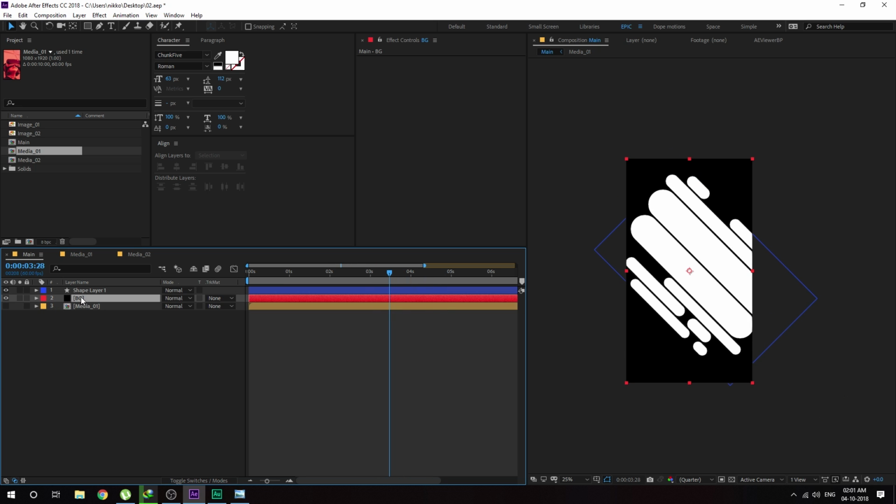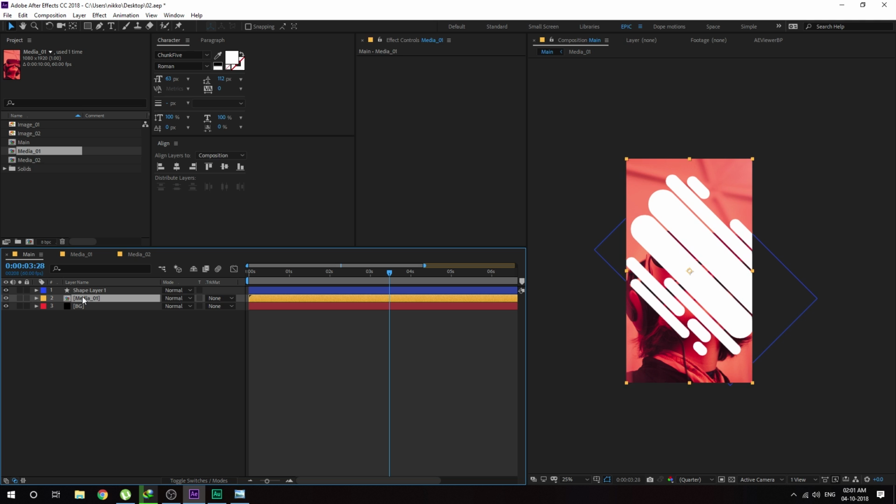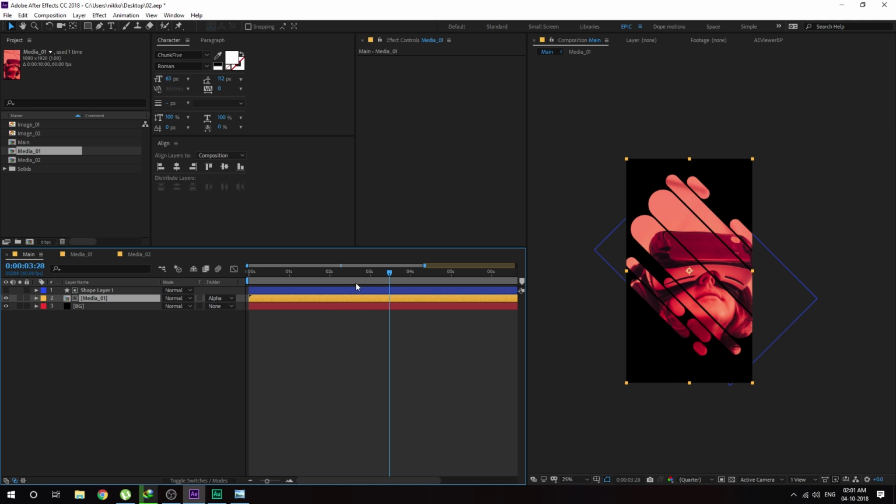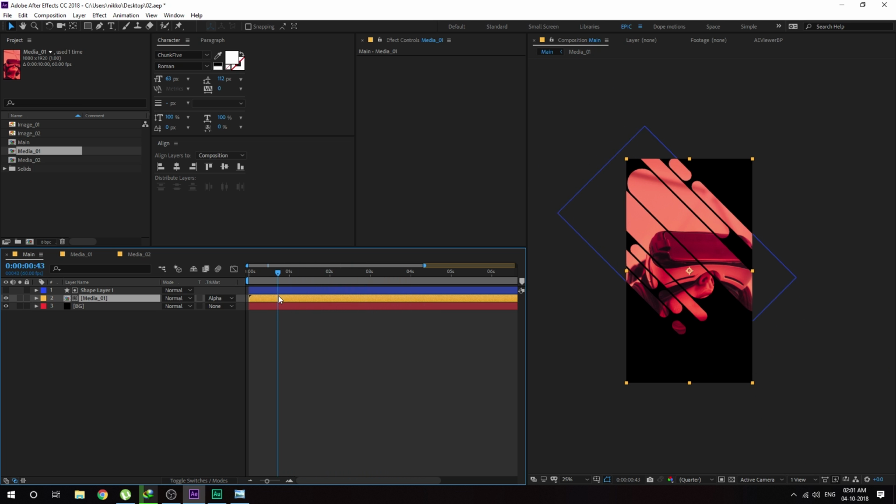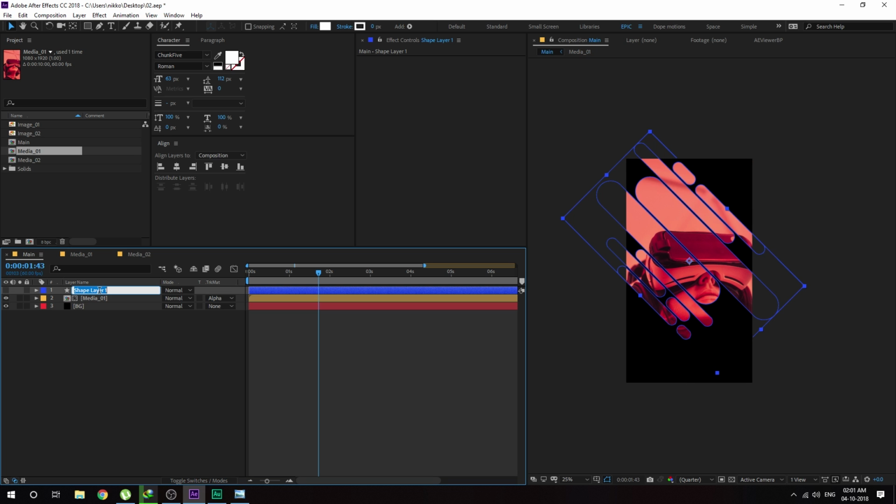So let's put the BG in the background and turn on the media composition that we had and change the track matte of this to alpha matte. So now we have something like this. It looks pretty cool, right? Now if you don't see the track matte option, you can just hit F4 on the keyboard and that should work. Let's call this matte,